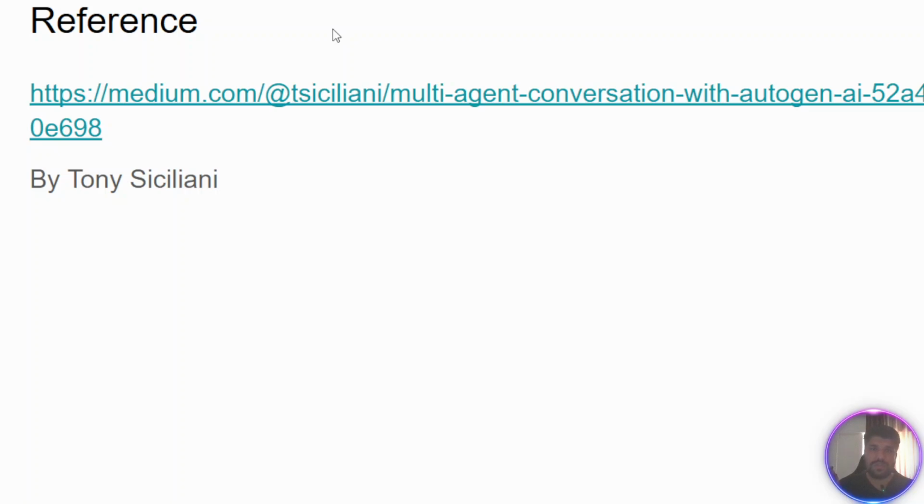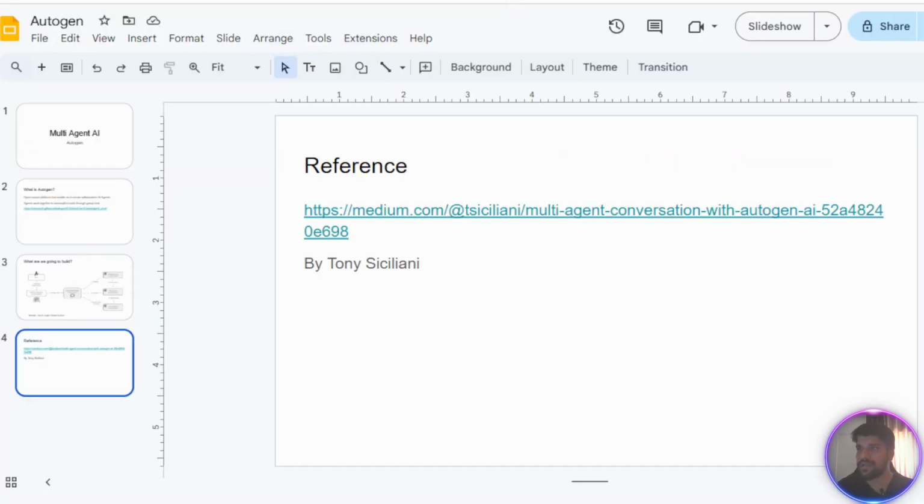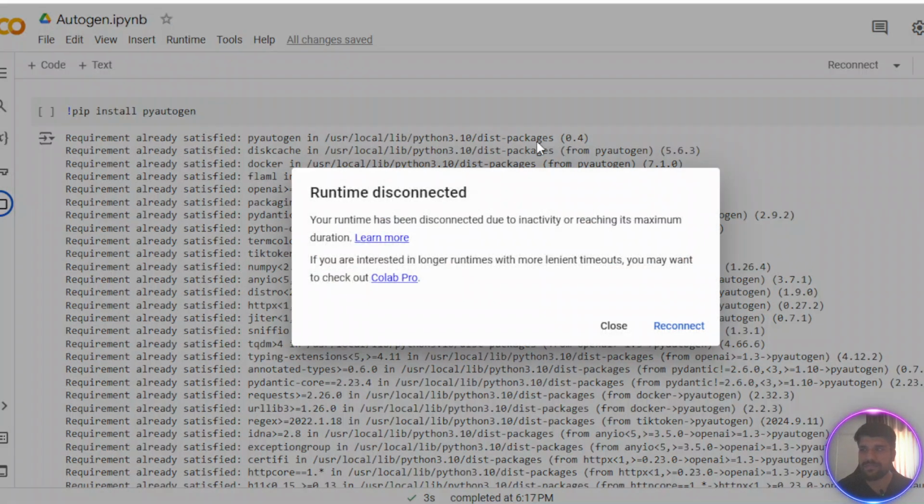Okay, I really want to thank Tony. With the reference of this Medium article, I was able to build the Python code, and this Medium article helps explain AutoGen. So thanks to Tony, and this is the reference article. I'm going to upload this PPT so that you can refer to it next. Okay, let's not wait any longer and jump directly to this